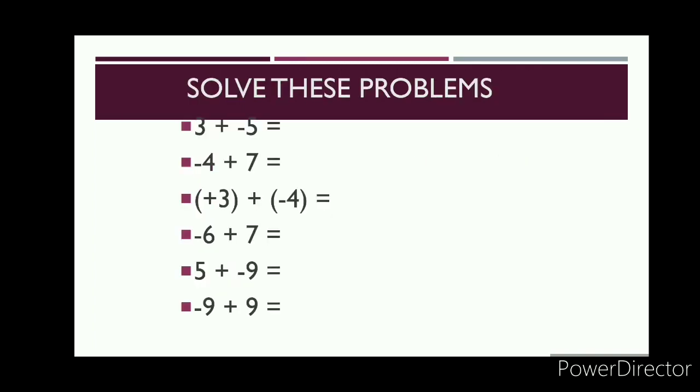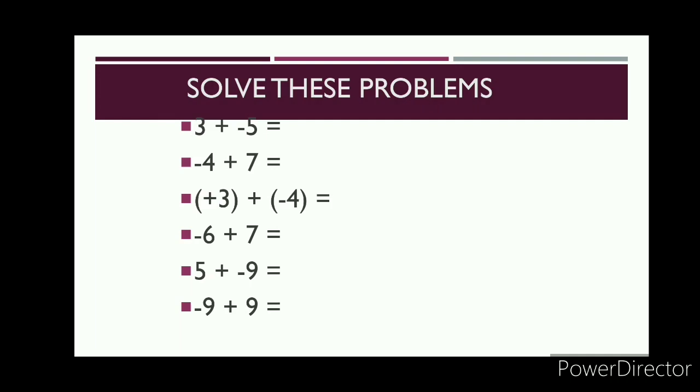Therefore our answer is minus 4. See children, some more examples. First example, 3 plus minus 5. In that 5 is larger, so we should subtract 3 from 5. Second example, minus 4 plus 7. In that 7 is larger, so we should subtract 4 from 7. Third problem, 4 is larger, we should subtract 3 from 4. Similarly, the remaining problems. In this case, don't bother about the sign. Whichever is larger, from that number you should subtract the smaller number. But in the answer, we should put the greater number's sign. Right?